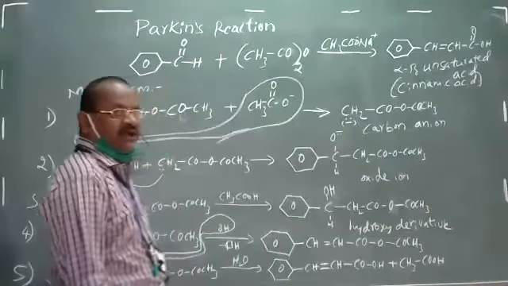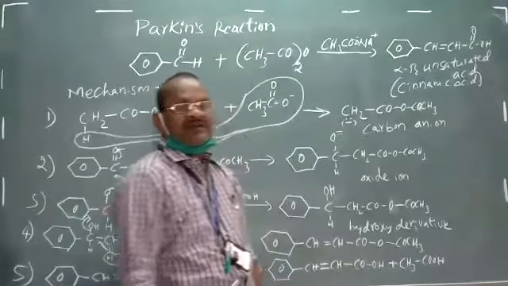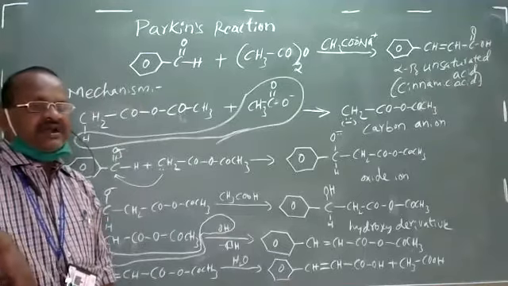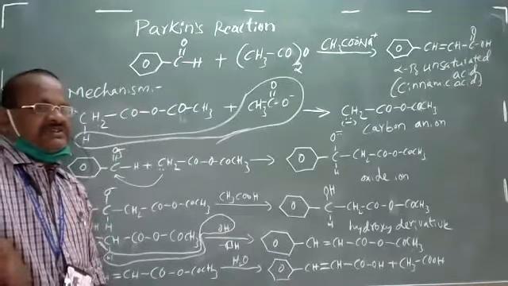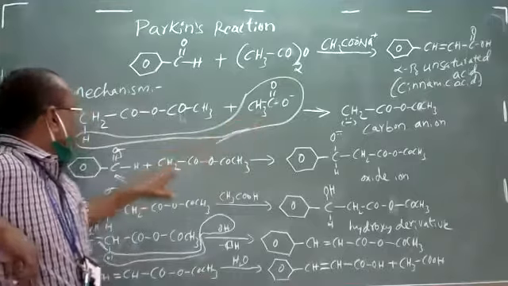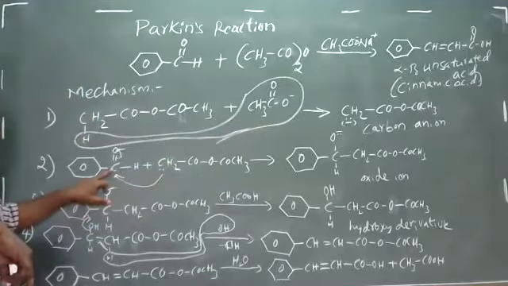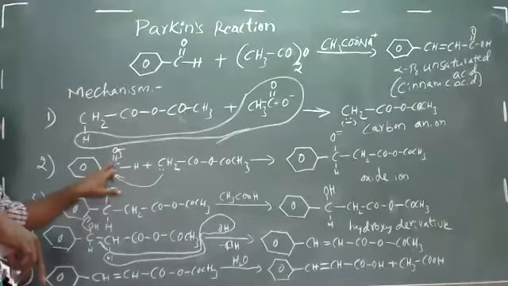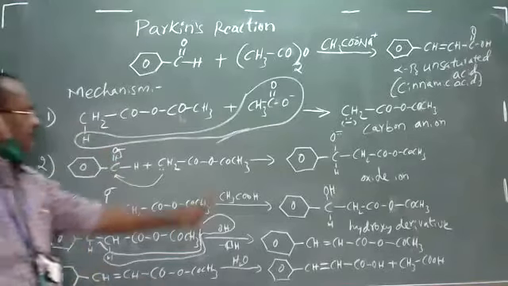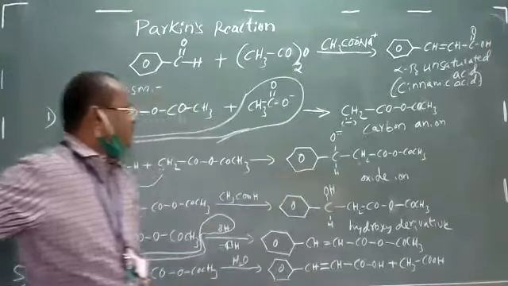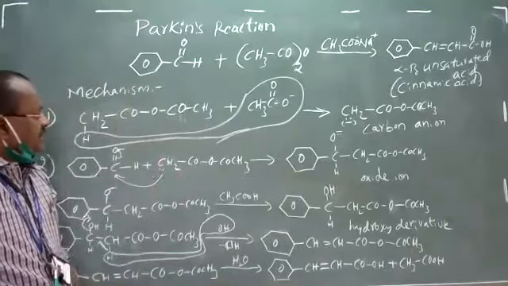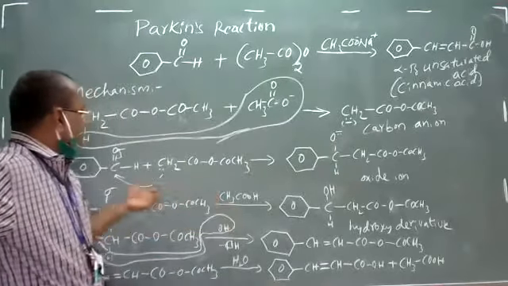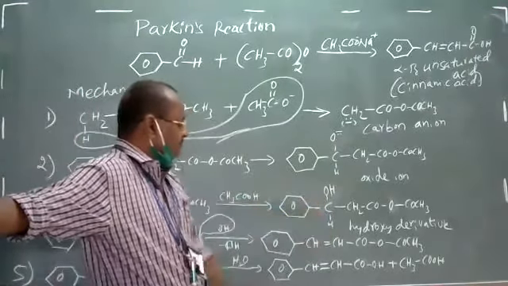This is a nucleophile, a carbon nucleophile, because that carbon has got a pair of electrons, a negative charge, is highly reactive, and is basic in nature. That's why it is a nucleophile, and it is going to attack the carbonyl carbon of the aldehyde molecule, the benzaldehyde you are using. When it attacks this carbonyl carbon, the pi bond electrons will move towards oxygen to form an oxide ion. This oxide ion, generated by the attack of the nucleophile, wants to stabilize. In the next step, it abstracts a proton from acetic acid and forms a hydroxy derivative.